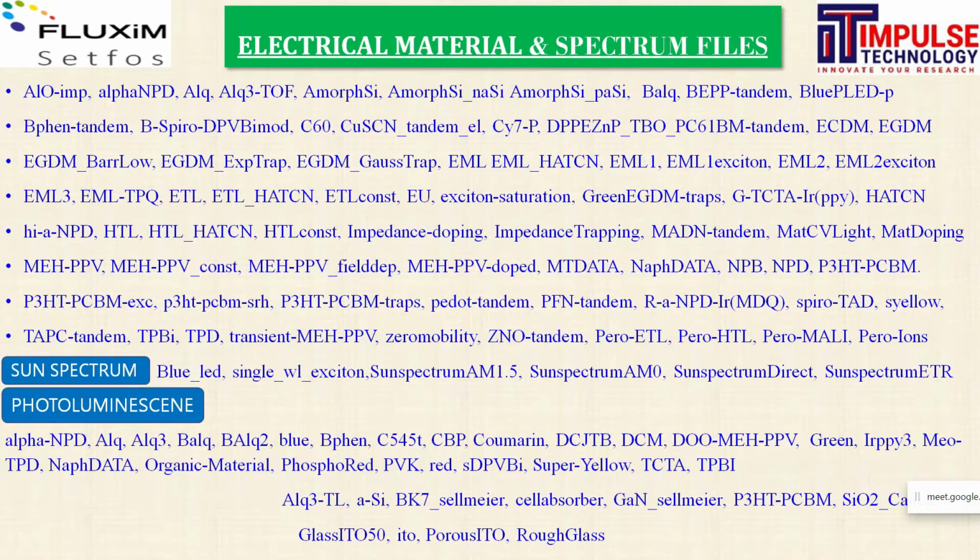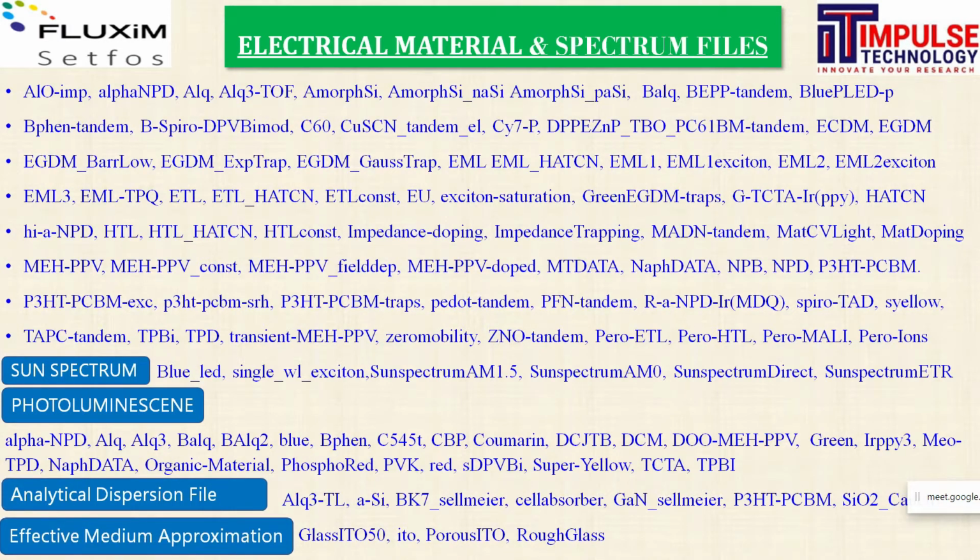Along with the optical refractive index data, it is also important for the electrical layers, that is the semiconducting layers, and these semiconducting layers also have some properties, and these semiconducting materials are also present in our library. So all organic materials and some inorganic materials are there. Either tandem, MD data, NPD, P3HT, PCBM, Spiro-OMeTAD, or any other electron transport, hole transport layers, all are present. I will show you during the demonstration what properties are defined in the semiconducting layers.